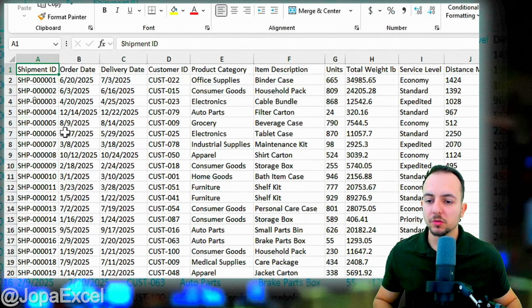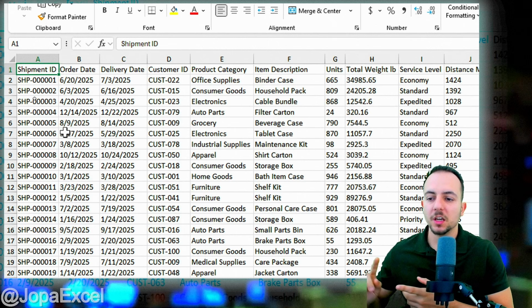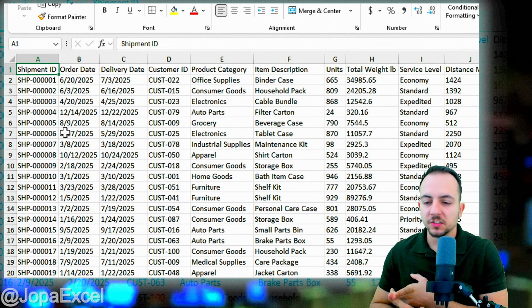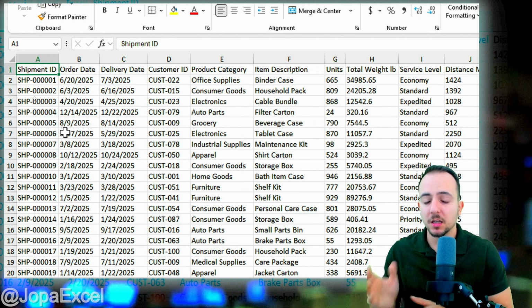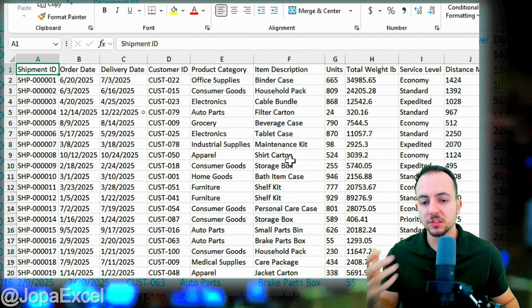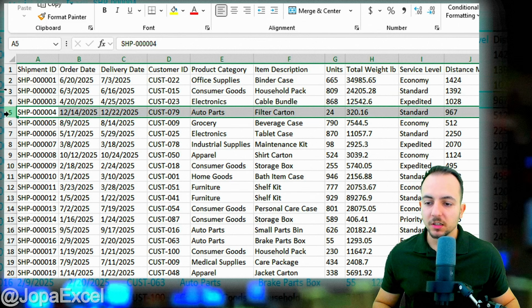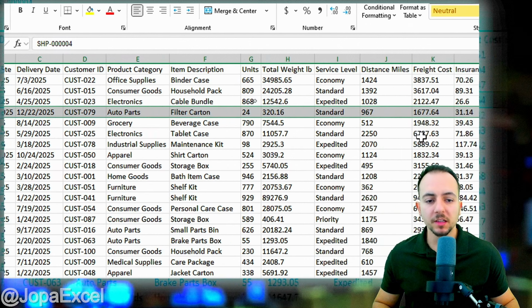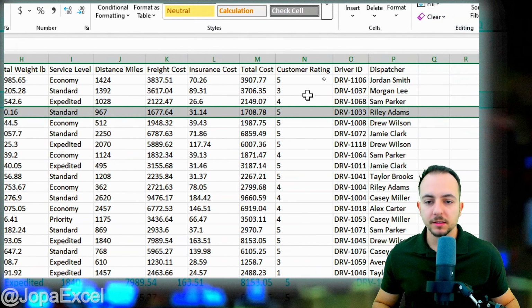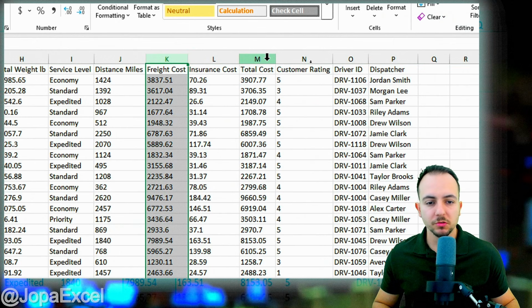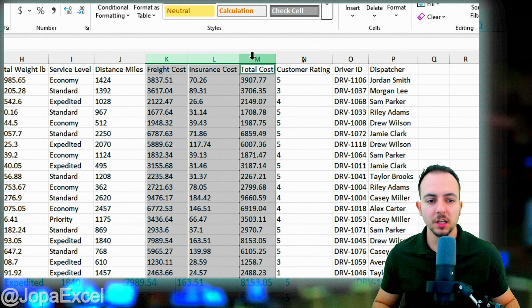But of course, you could also use a different dataset. Let's say a human resources dataset, purchasing, sales, production, a hospital dataset, doesn't matter, right? In my case, I have a logistics dataset. Each row represents a different freight, a different transaction. And basically, I want to summarize the total freight cost and also the insurance cost and the grand total by